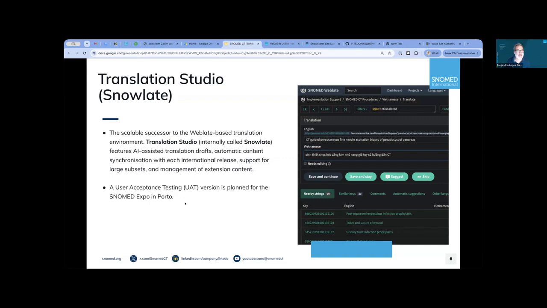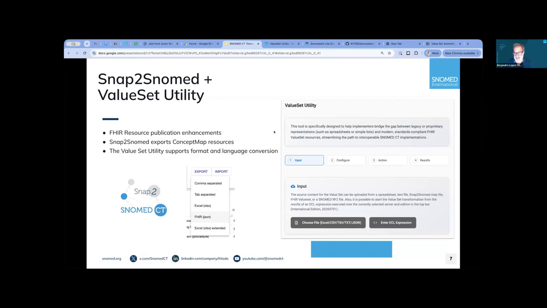So the message in this trend that I want to share with you is that the possibility of creating translations in SNOMED is evolving. There will be new tooling by the end of the year. There are new initiatives. These AI-assisted translation tools are being tested. We will say a bit more about this later. But yes, so it will be simpler. So now it's simpler to have your own adaptations with Simplex, and it will be simpler to translate to different languages using the tool that we are preparing to release later.